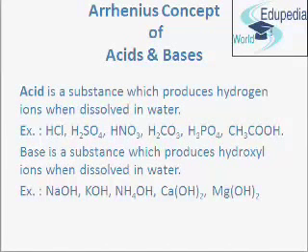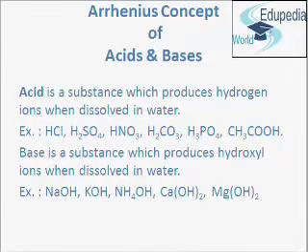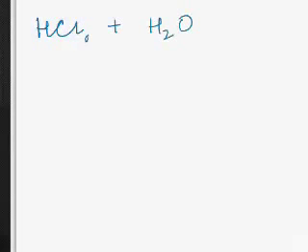In aqueous solution, a hydrogen ion always combines with a molecule of water to give hydronium ion. When hydrochloric acid is dissolved in water, it undergoes dissociation. We can write it in the chemical form. Hydrochloric acid, that is HCl, when it is dissolved in water, here HCl is in aqueous form and water is in liquid form,